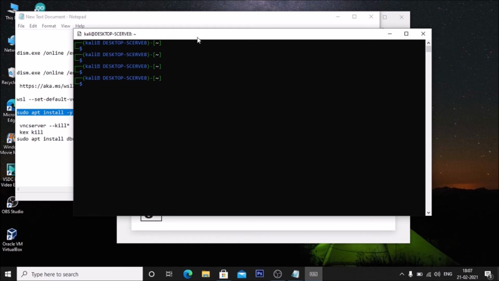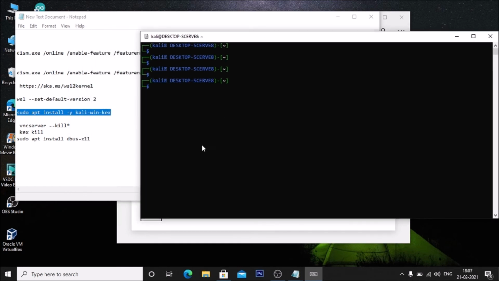Then after the update we are going to run sudo apt install -y kali-win-kx, then hit enter. It will install the kali-win-kx package inside your machine.